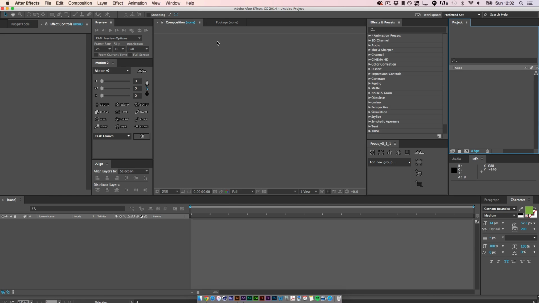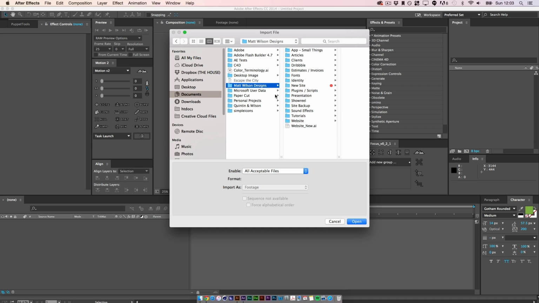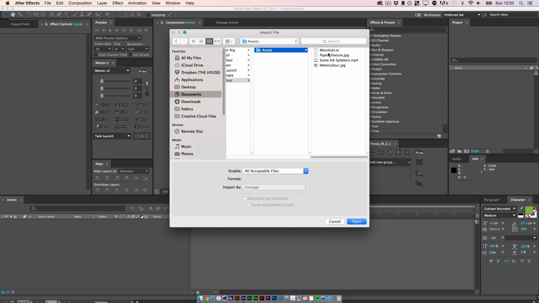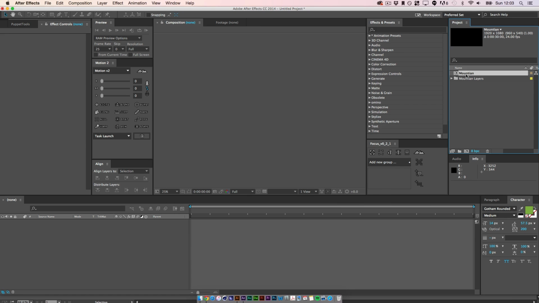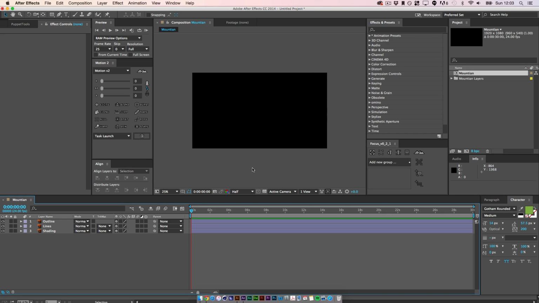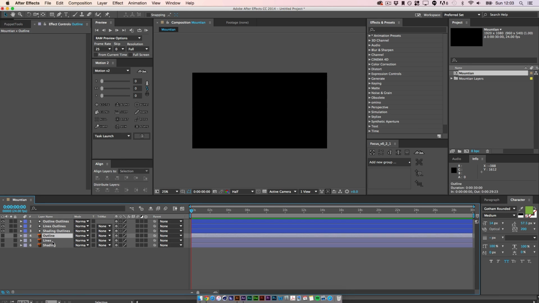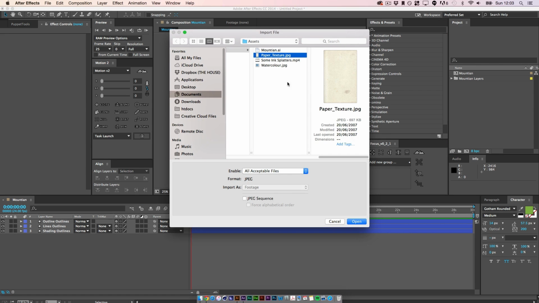So first of all, we'll go to the project panel and we'll import our assets. So we will go to Documents, Tutorials, and I've set it up somewhere. Here we go. I'm going to bring the mountain in first, and we will open a new composition with this. First of all, I'm going to create outlines out of my sketches. We will delete the rest. Awesome. Alright, then we'll bring in the paper texture,